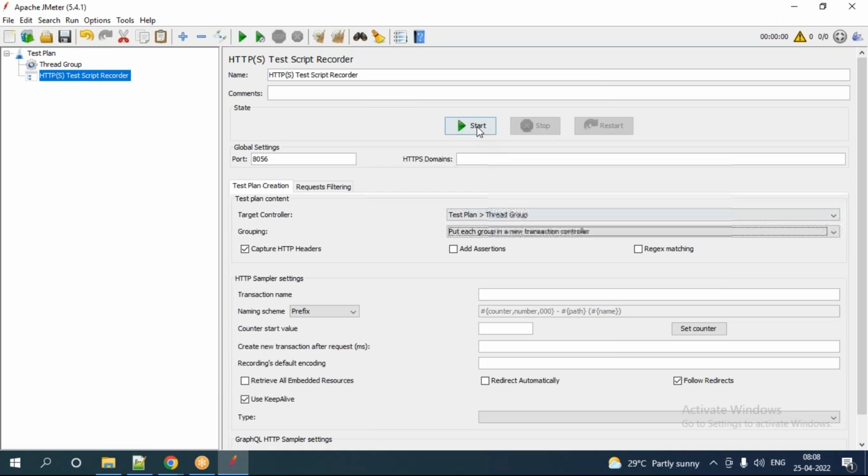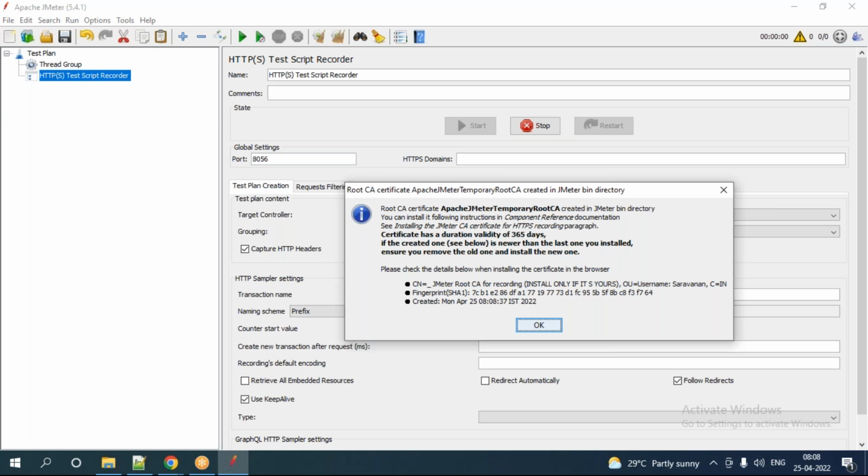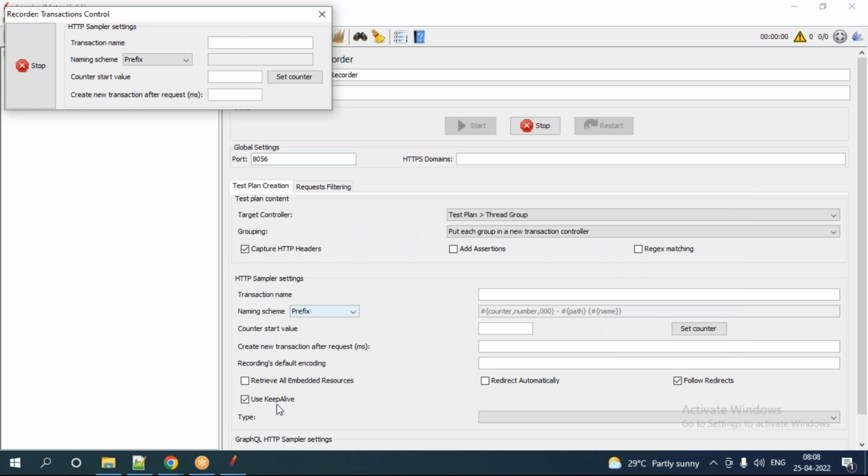You have to click the start button. This is also configured in 8056 and your browser is also configured in 8056. And if you are clicking the start button, what will happen? Your JMeter is actually becoming like a proxy server. So if your JMeter is becoming like a proxy server, as per the functionality,